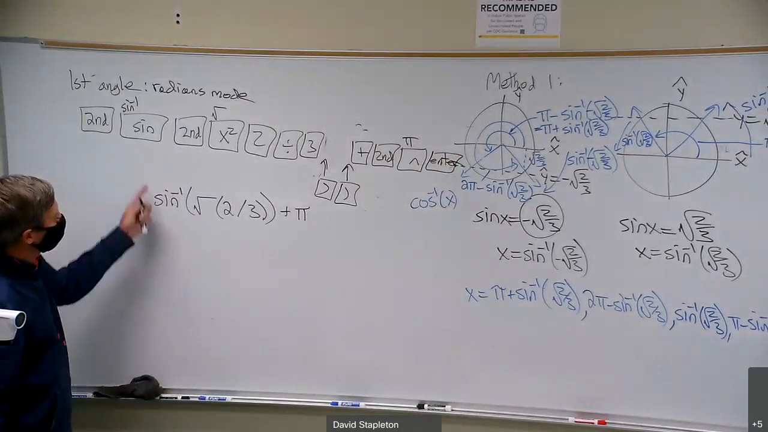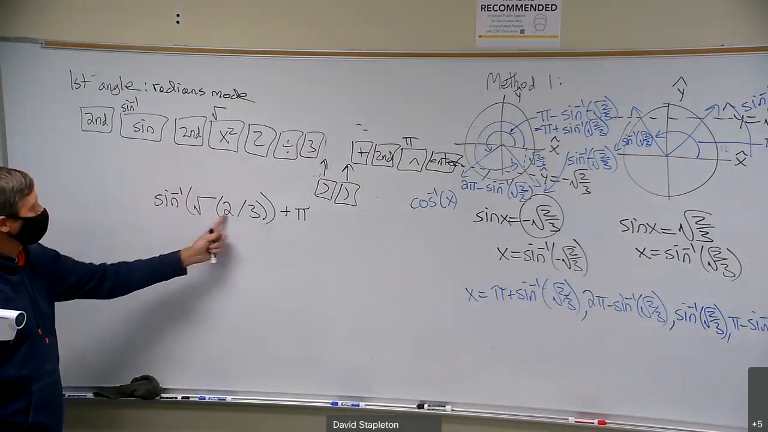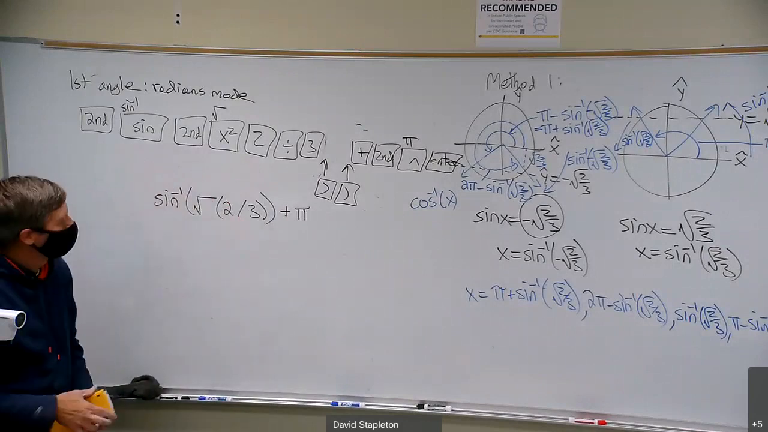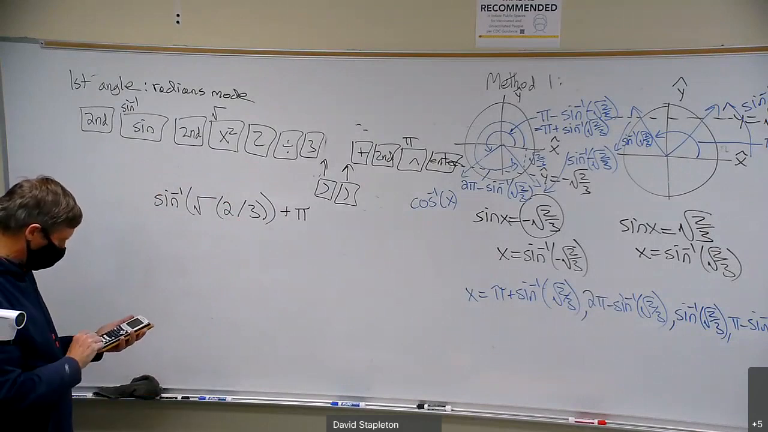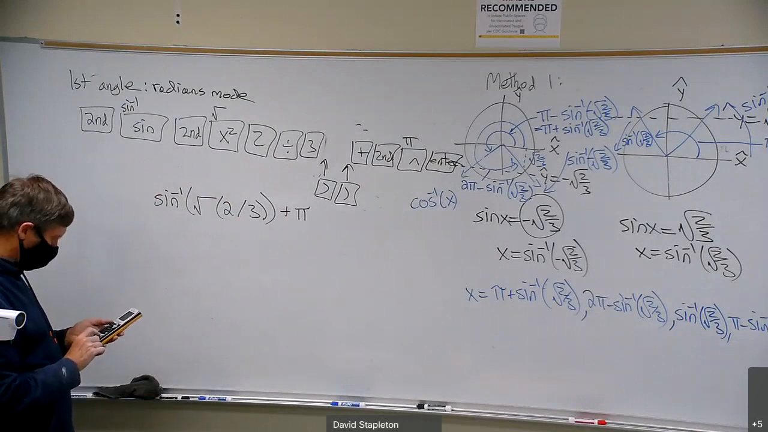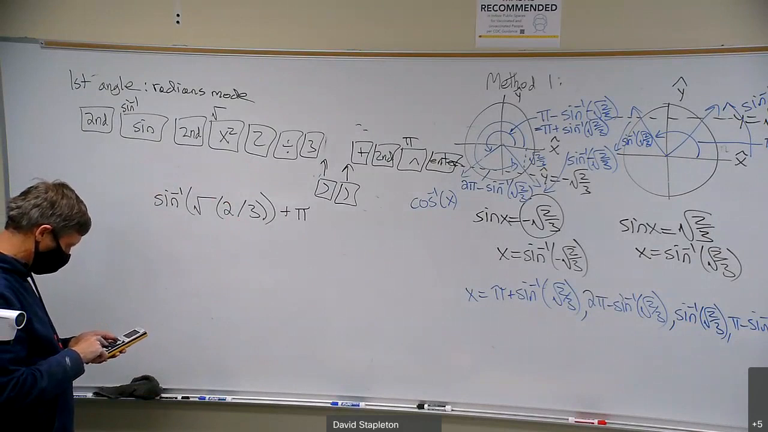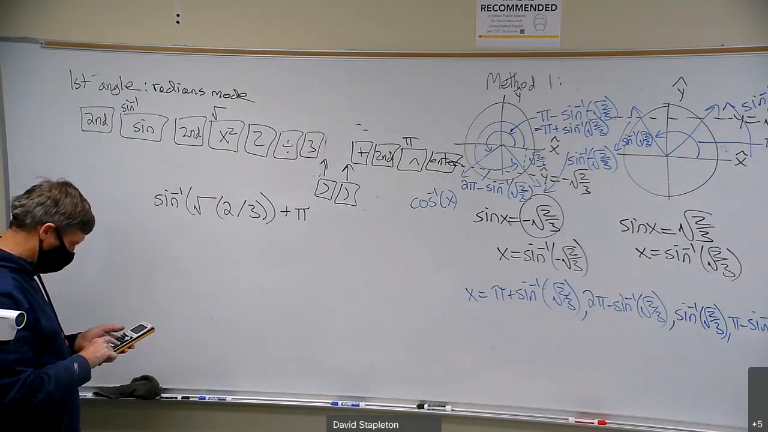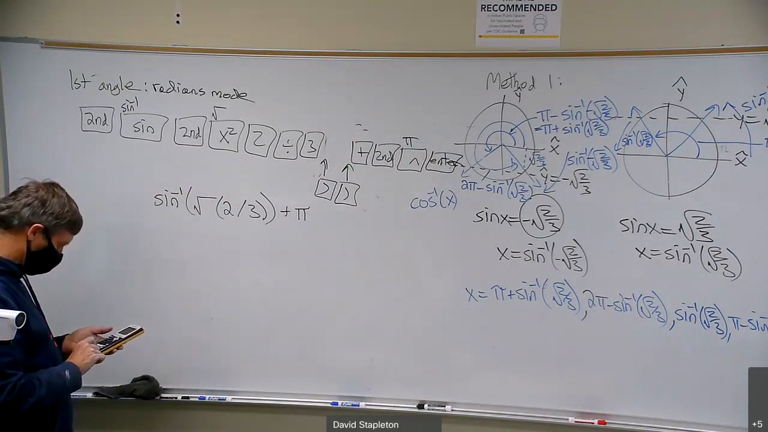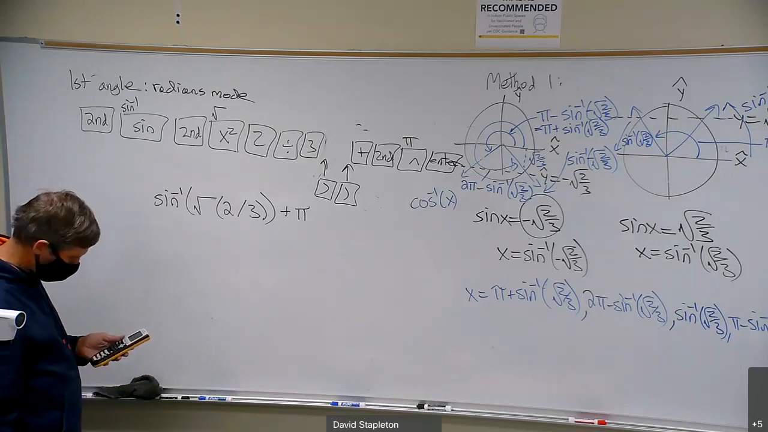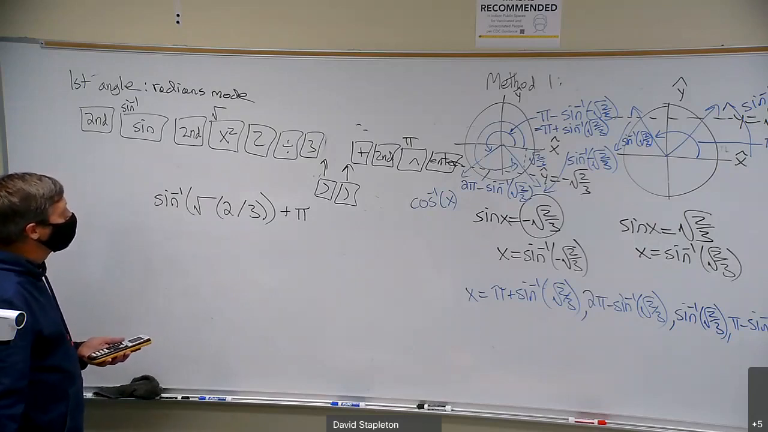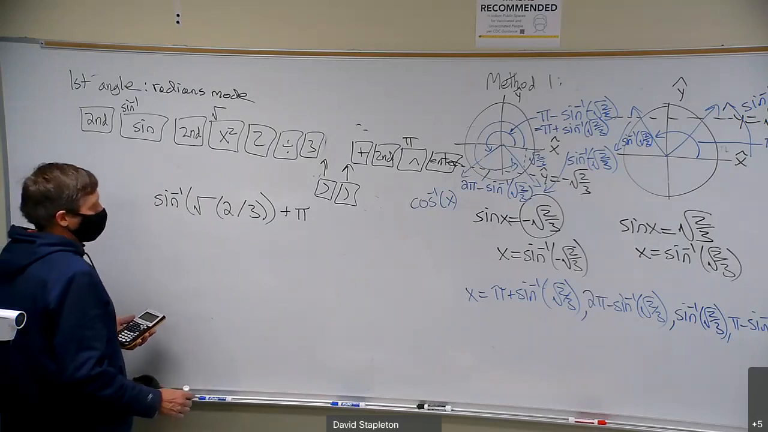I think what is easiest, you just try and do those out by heart and then look on the screen and see if it says that, right? Hopefully it does. Inverse sine. Show some radians mode real quick. It is inverse sine, square root of 2 divided by 3, parenthesis, plus pi. Okay. What do I get here? Looks like I'm going to get